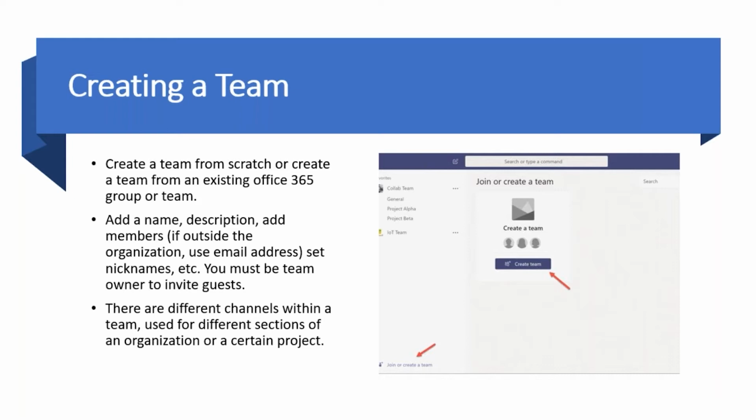So my company comes set up, but then I can have teams where, let's say I'm going to build a new building, or I'm going to do a project, and I could name it that project name, and then I add members to that team. Correct. And again, there are different channels below your team for different organizations or departments in your company,